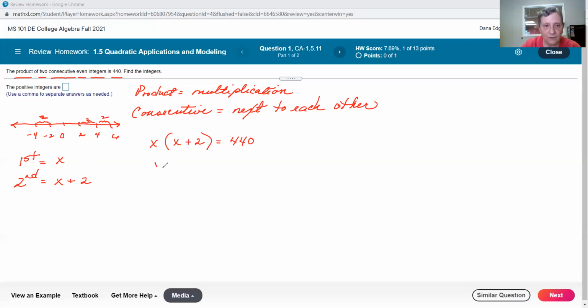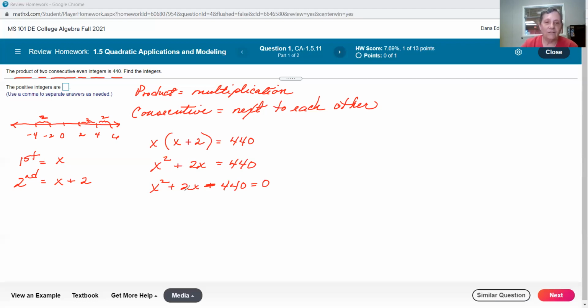Of course, we would respond to this by multiplying this side out. And then if we subtract 440 from both sides to set it equal to 0,